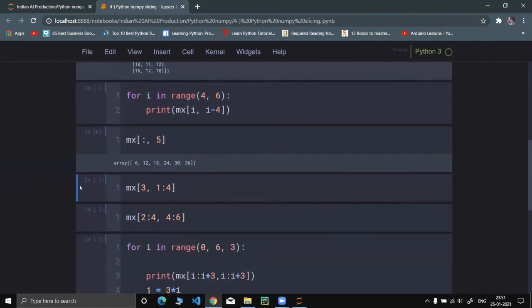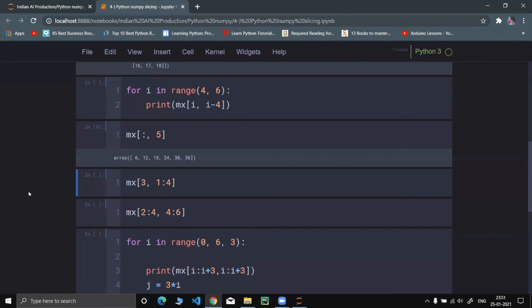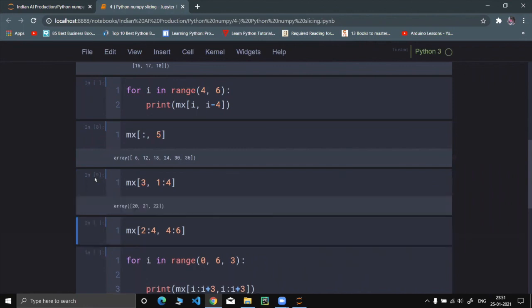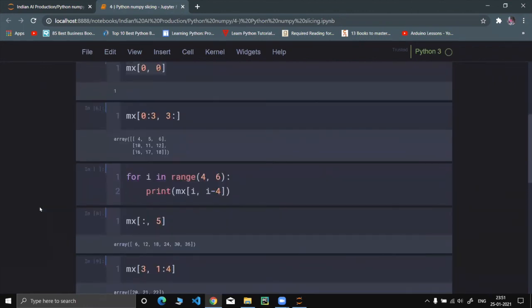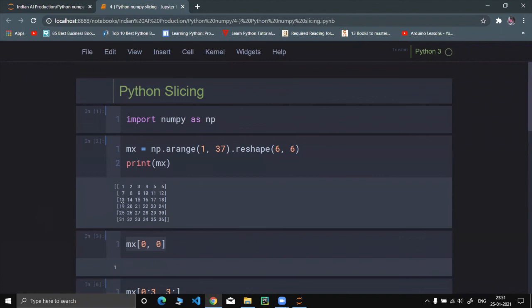Then over here, I am going to slice the third row and first to fourth column. First to fourth column means 1 to 3, these 3 columns. Third means this row, and from the first to 4 means this is the first element, this is the second, and this is the third. 20, 21, 22 would be printed.